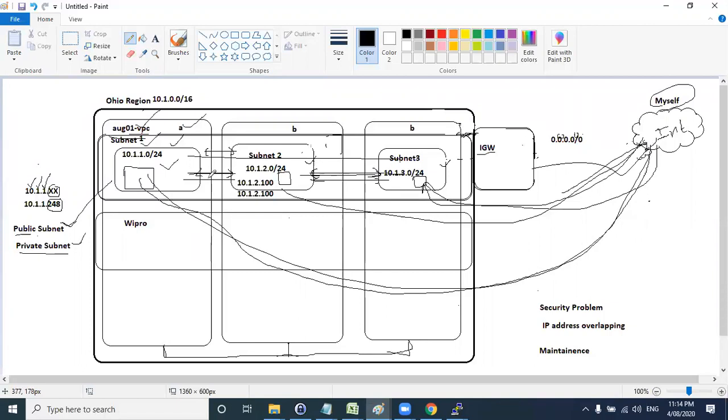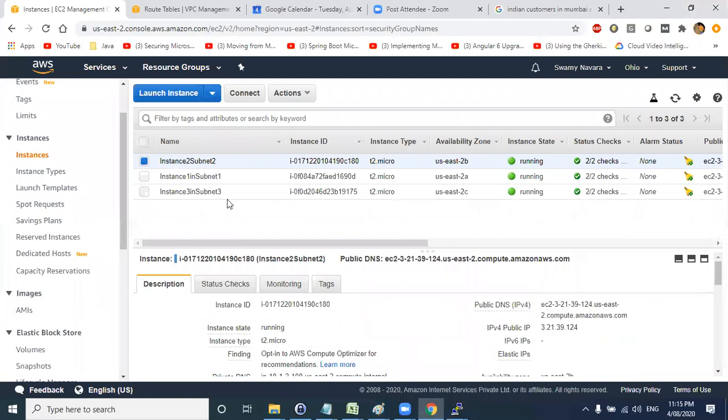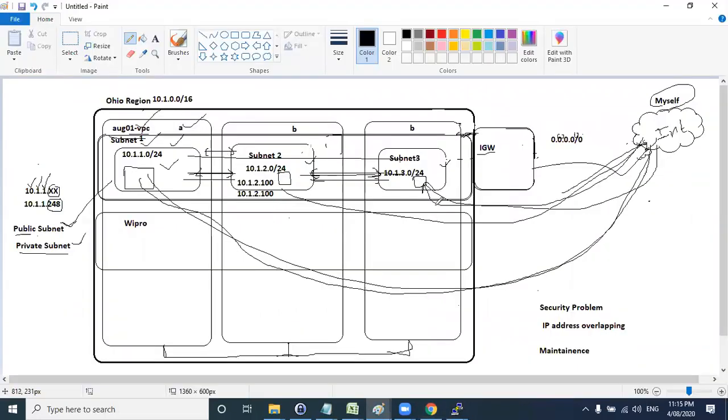They will create a NAT gateway. We have one more class for that, and during the NAT gateway session I will tell you how this connection will exactly happen. Everything will not be through the internet gateway. We will use something called a NAT gateway, and with the NAT gateway we will be managing these private and public subnets.